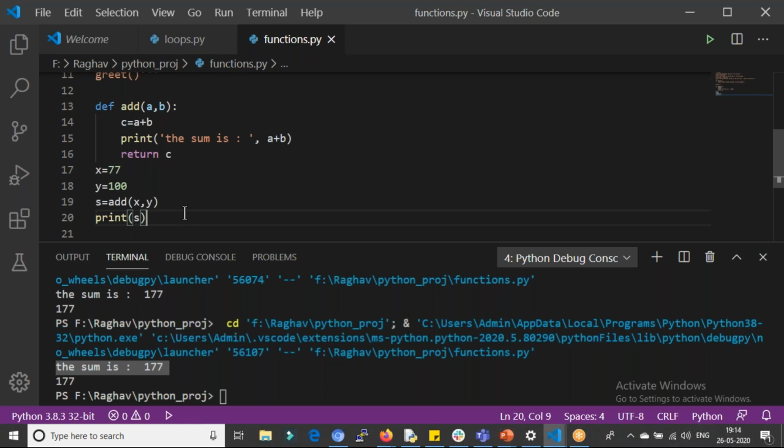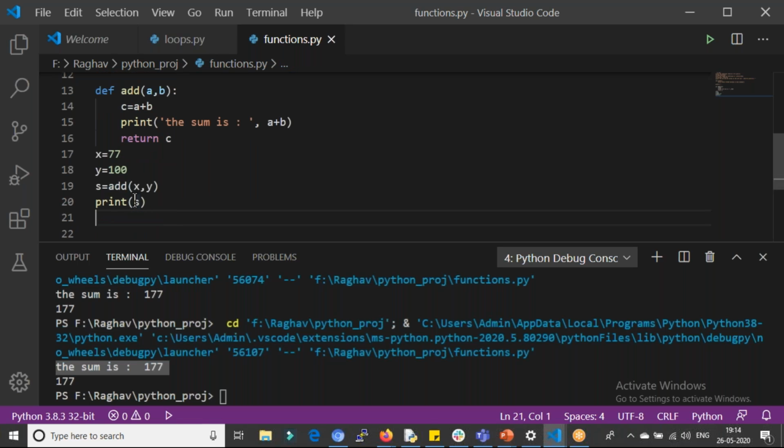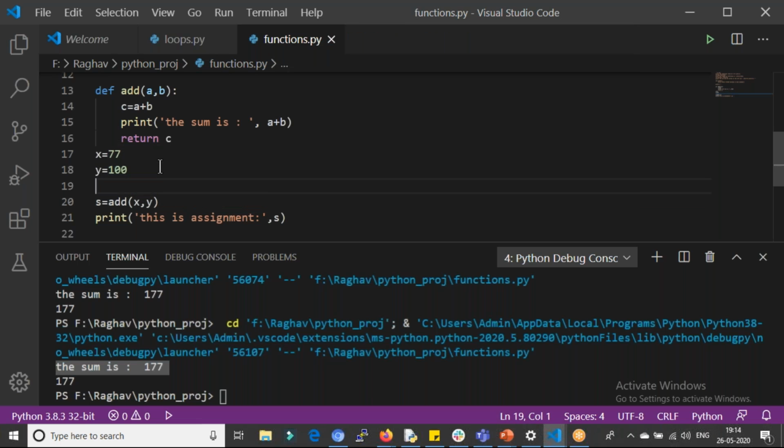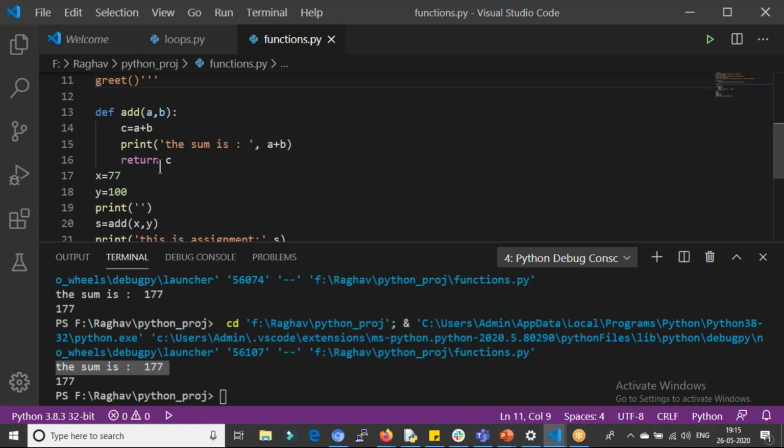The third one is expression. This is assignment. Here I'll just print, just as accessing.